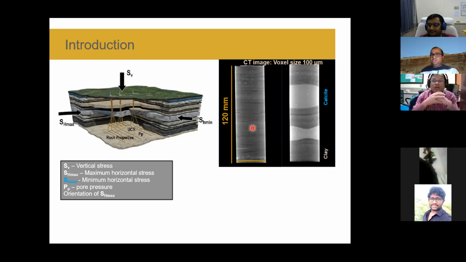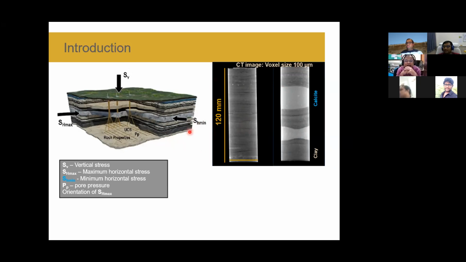So the most important thing to extract from the unconventional reserve is fracturing. And in doing that hydraulic fracturing, we need to know the least principal stress magnitude, because that is one of the biggest components which drives this hydraulic fracturing operation. Again, how that will impact the overall production scenario or the long-term prediction estimation, these are really great impacts of knowing that least principal stress magnitude.